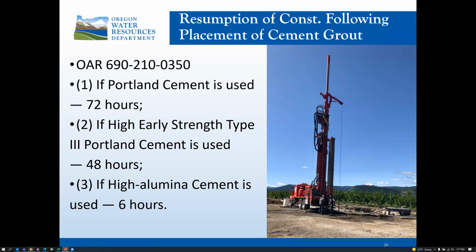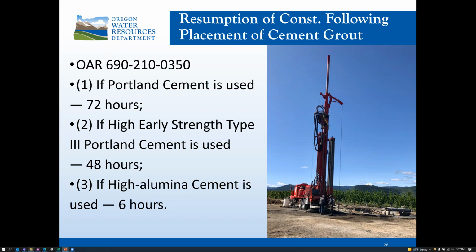In line with our discussion of cement grout placement, there is also a minimum waiting time prior to resuming construction after grout placement. In all instances, the shortest time to resume construction after grout placement is 6 hours. The time needed for final set of cement grout mixtures varies greatly in accordance with cement water ratio and temperature. When cement grout is used to seal a well, construction should not resume until after the final set of